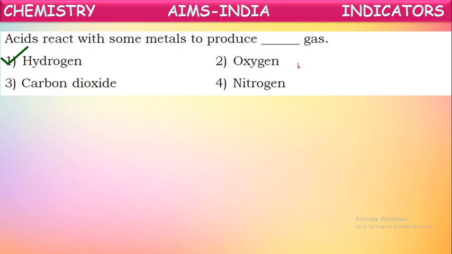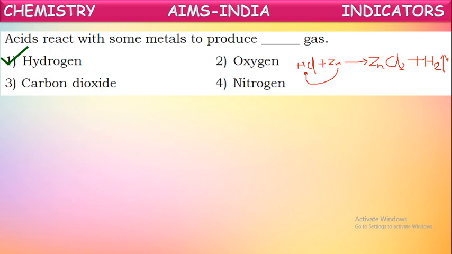If you take dilute hydrochloric acid and dissolve zinc granules into it, this zinc will replace hydrogen from the acid and form zinc chloride, ZnCl2, and release hydrogen gas. So in general, acids on reaction with metals form metallic salts and release hydrogen gas. Hydrogen gas is bubbled out, and we have seen the test for the gas evolved in this reaction.